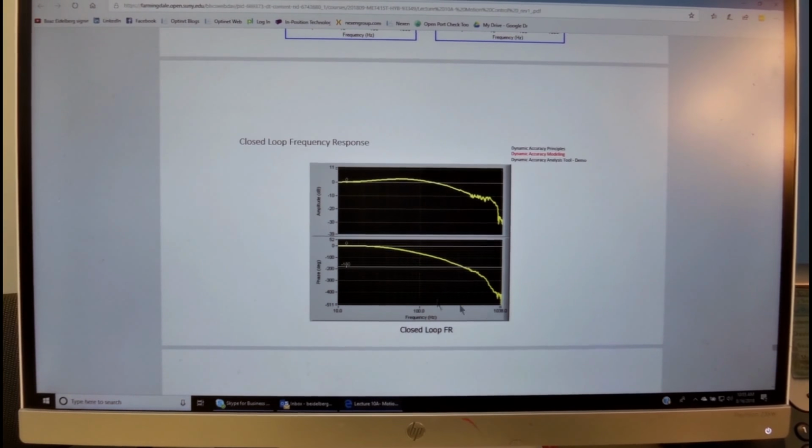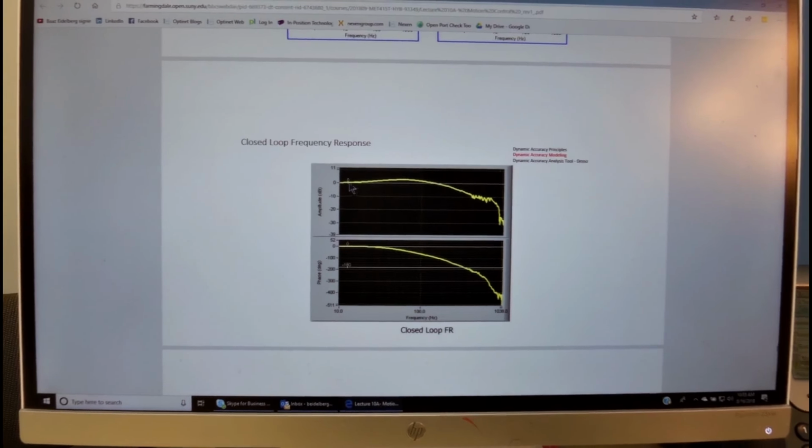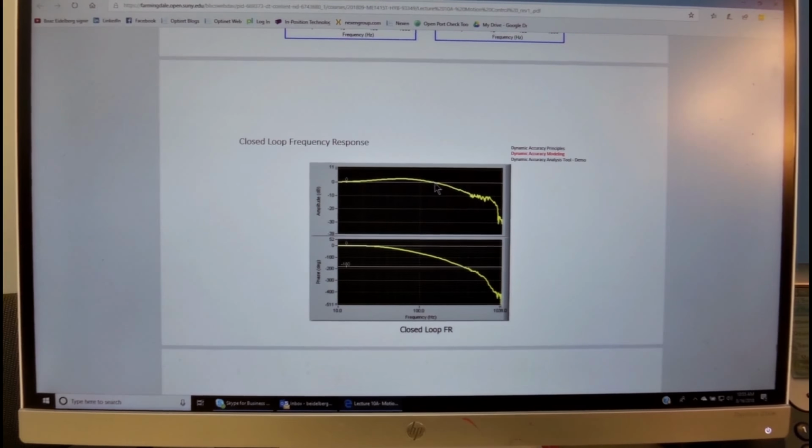This shows us the closed loop bandwidth. Again, we see over here that up to the bandwidth, the system is pretty much following the command with very small error, and then after the bandwidth, which is this point over here, the intersection of the 0 dB and the gain chart, beyond that, we see over here high frequencies that sometimes a notch filter can help, and the response is being attenuated.